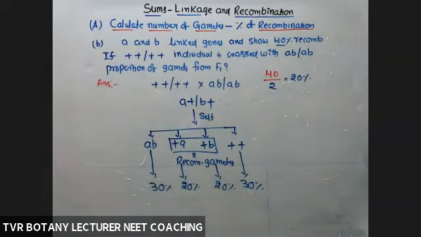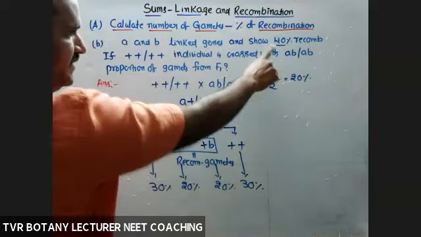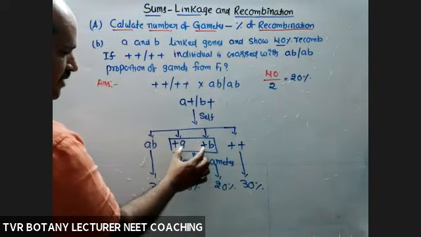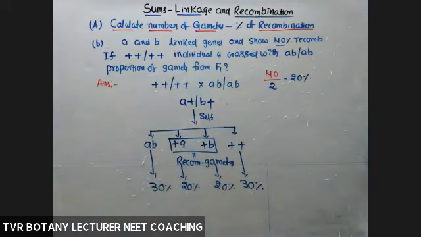Okay, right? Number of gametes is not given. Just decide the percentage. Is it clear? So simply do one thing: if percentage is given, divide that percentage by the total number of kinds of gametes, and you'll get the answer.